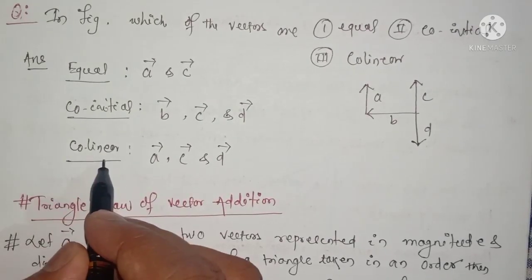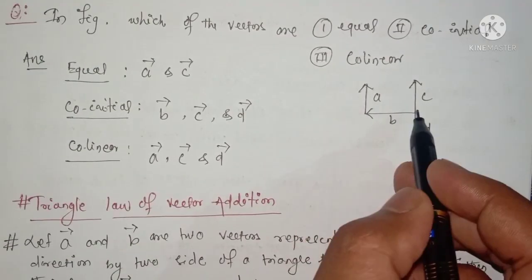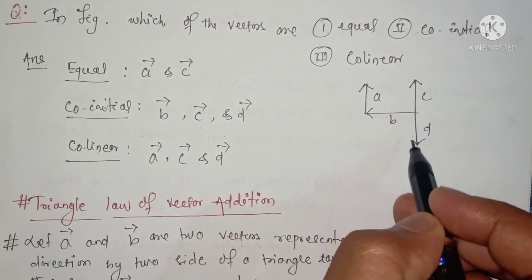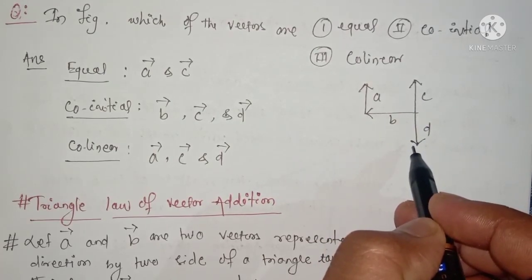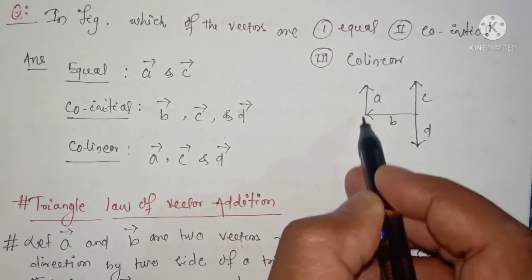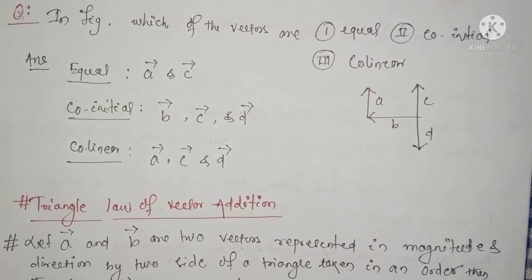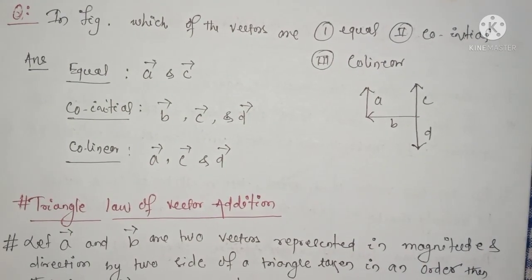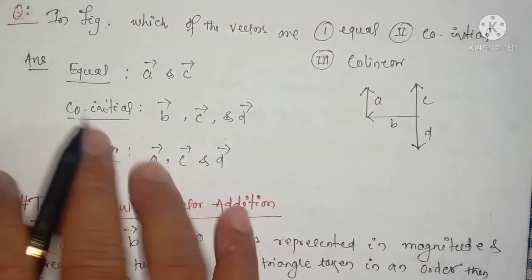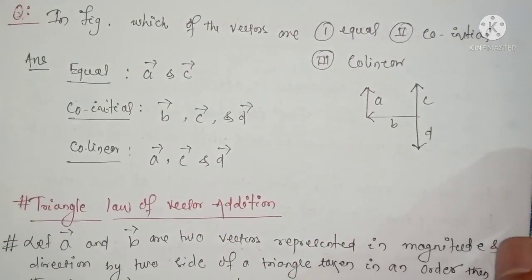Then collinear vectors: the collinear vectors are vector A, vector C and vector D. That means the vectors are collinear here, vector A and vector C, vector D. I have done this from the definition of these three vectors. Okay, so students,